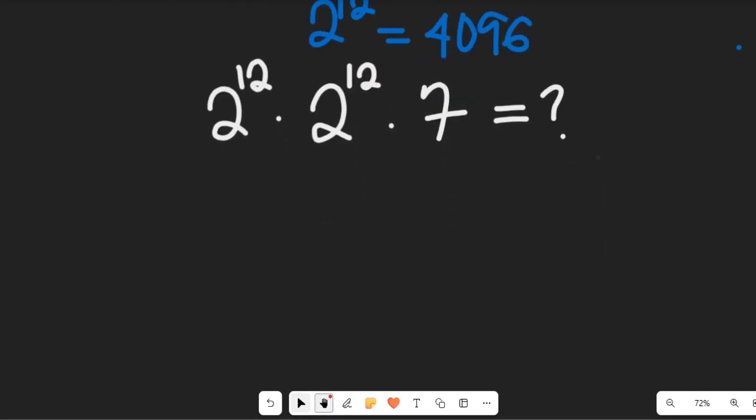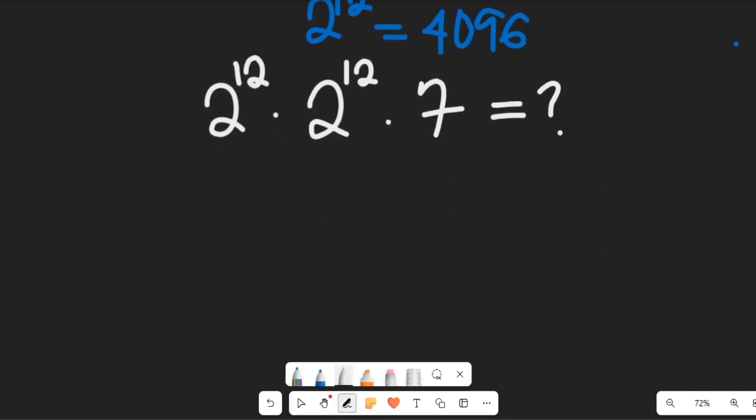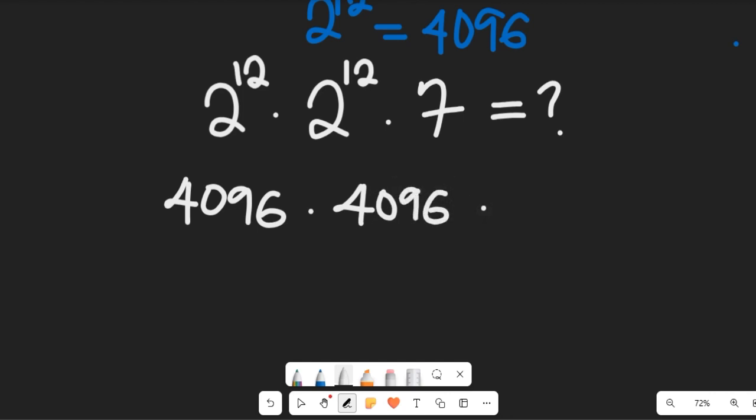Now if we expand that thoroughly, we will have that expression giving us 4096 multiplying 4096, and this will be multiplying 7. This will give us what? Now look at that expression properly. If you look at that expression properly, I can simplify that expression by looking at